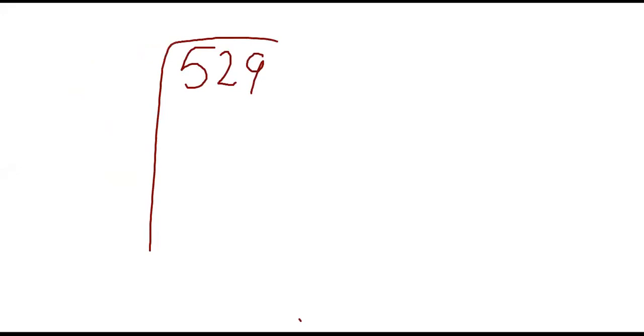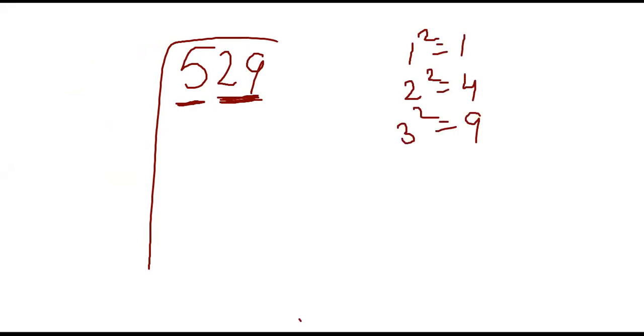Next is the fifth part 3249. Sorry, fourth part 529. Here we are having 3 digits. So इसमें भी same करेंगे. We'll make the pairs from the last one. Right? So here only 5 is left. So 1 square 1, 2 square 4, 3 square 9. Which square number will be taken under 5? 4. Because 9 is greater, 4 is less than 5.